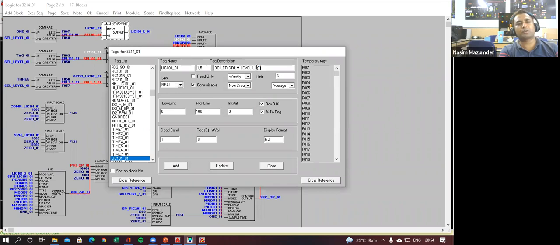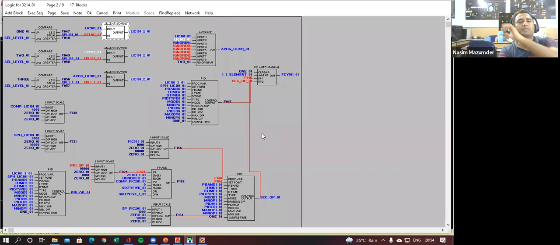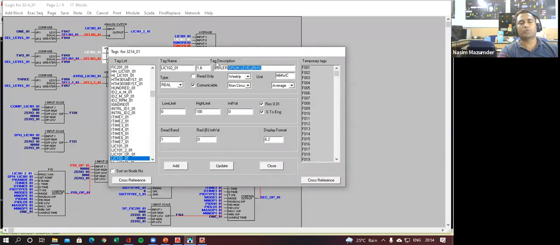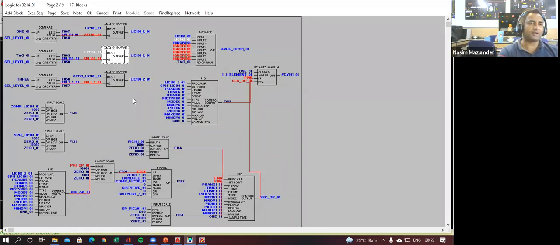This is nothing but your drum level left hand side. So it is definitely the tag for a transmitter, which is giving you the feedback of the drum level on the left hand side. This is your right hand side. There is a drum, there will be two transmitters, one on the left hand side, another on the right hand side, and we are taking both the feedbacks, right hand side level and left hand side level.